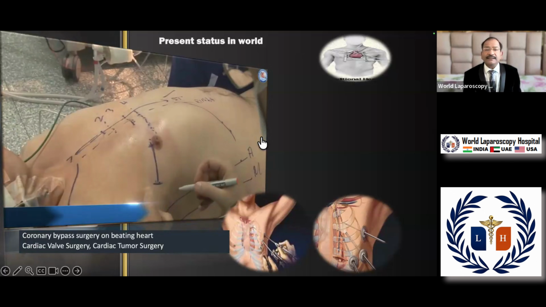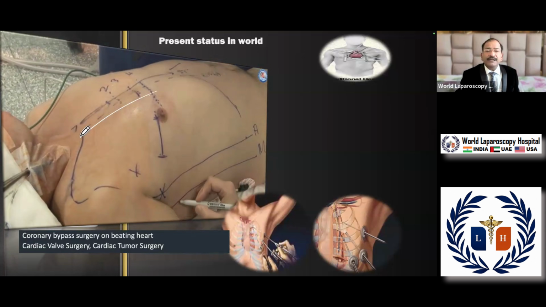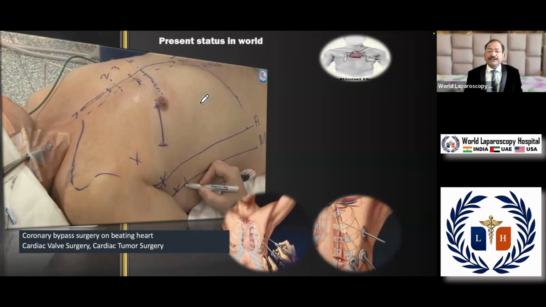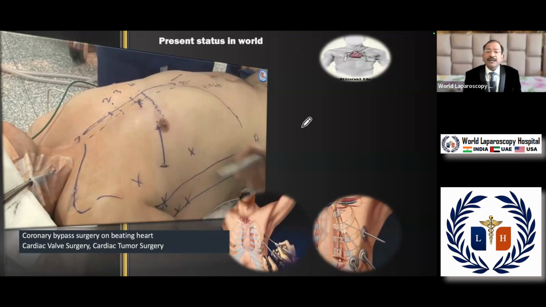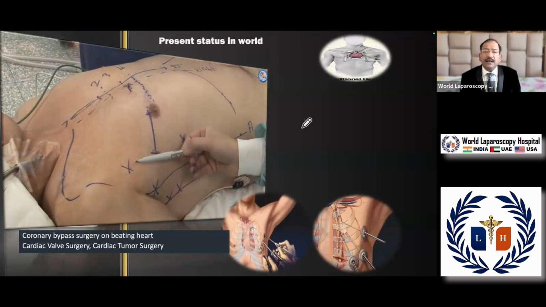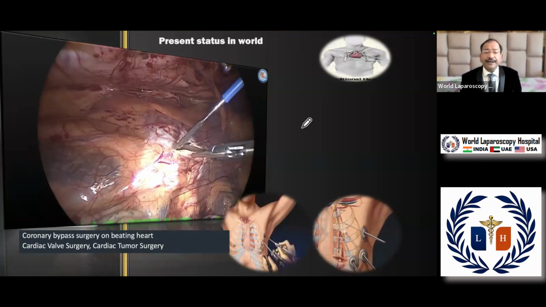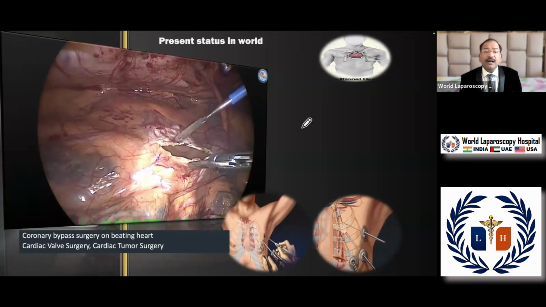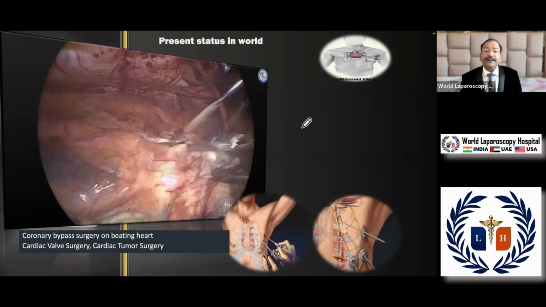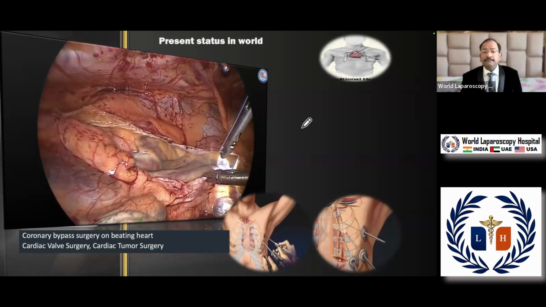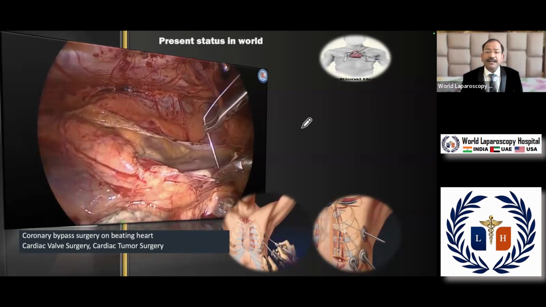by minimal access surgery. In the older times, when you had to do valve replacement, you had to give a big incision, but now no such incision is required. You just need one intercostal incision, and in between the ribs you can put a port, enter inside, and cut the pericardium. After that you can enter into the heart. You can give the stay suture over the pericardium so that you have a working space,